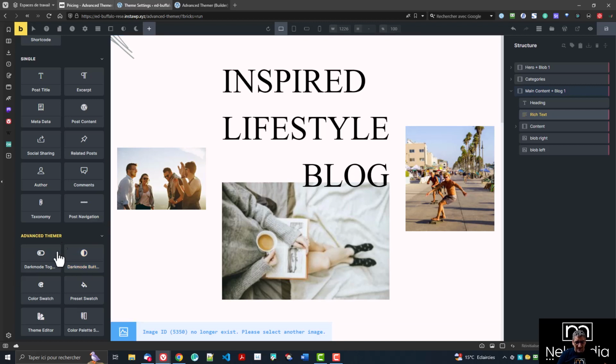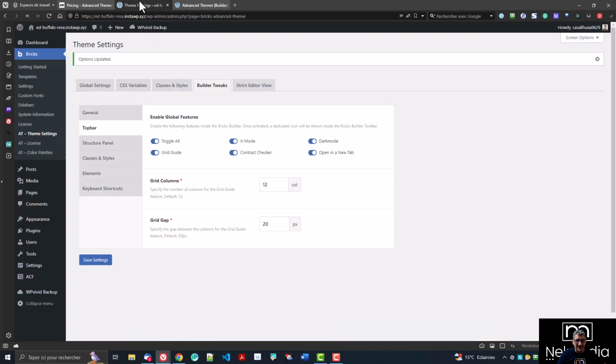If we have that, we can test it, but if we don't, and we still want to test the dark mode version, if we have enabled dark colors, then we can use that button in the editor to switch from the light mode to the dark mode. Again, not something I personally use. So these Topbar features, I usually use, sometimes I keep the grid guide, but most of the time I simply